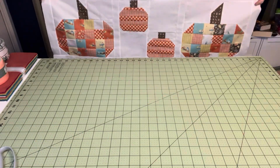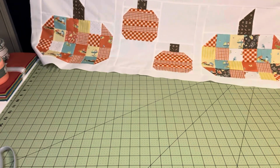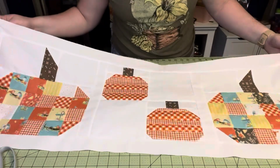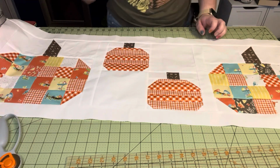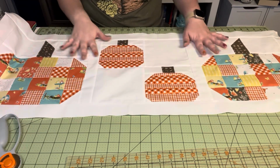Hey, here's what it looks like so far. Pretty cute already. I love these blocks so much. They're so cute. Might be a little partial, but all right, now that we have our quilt top made rather,